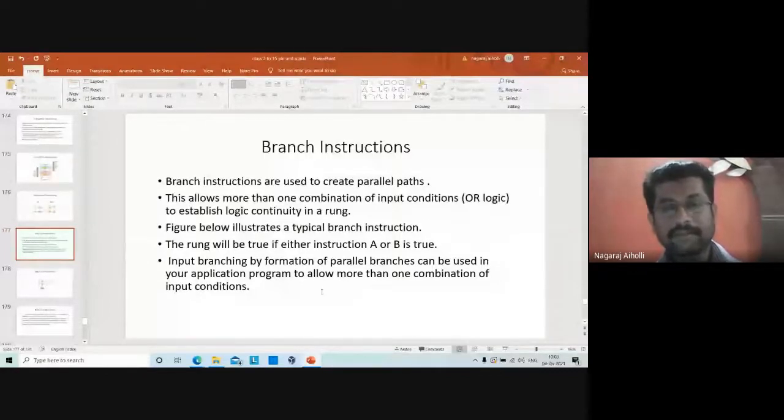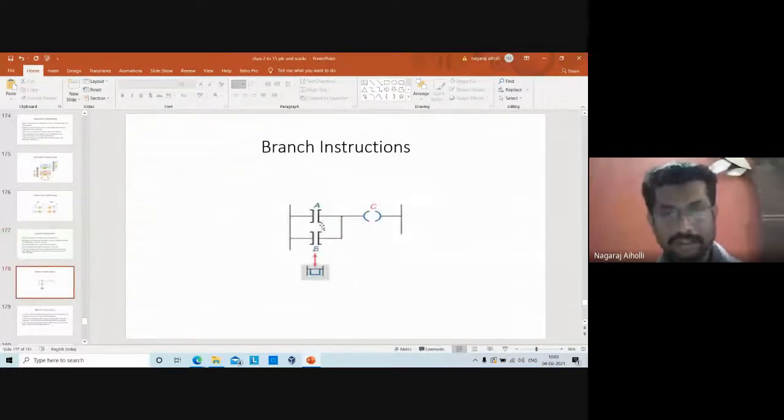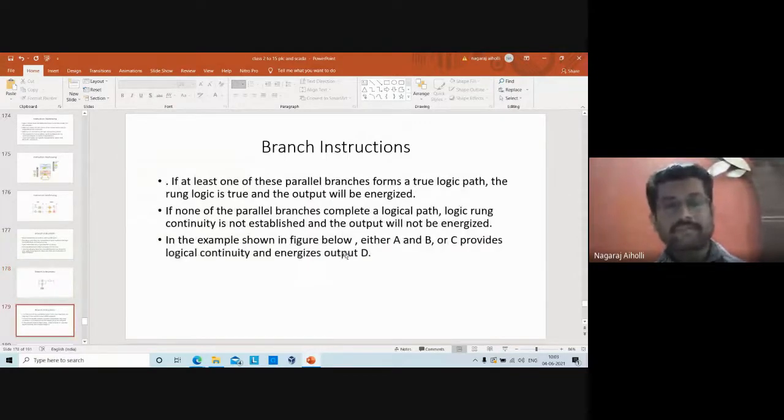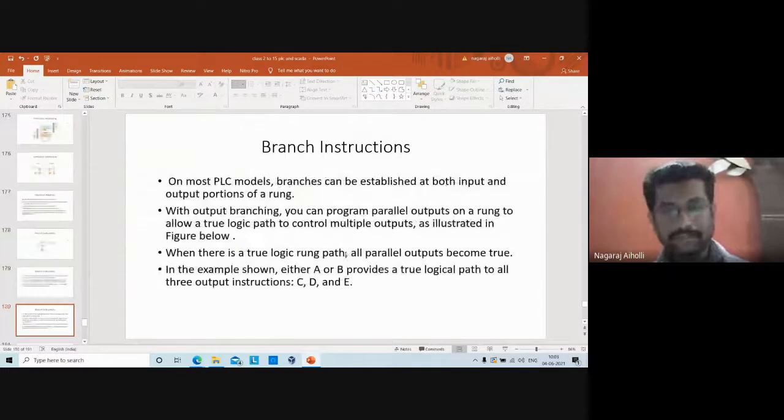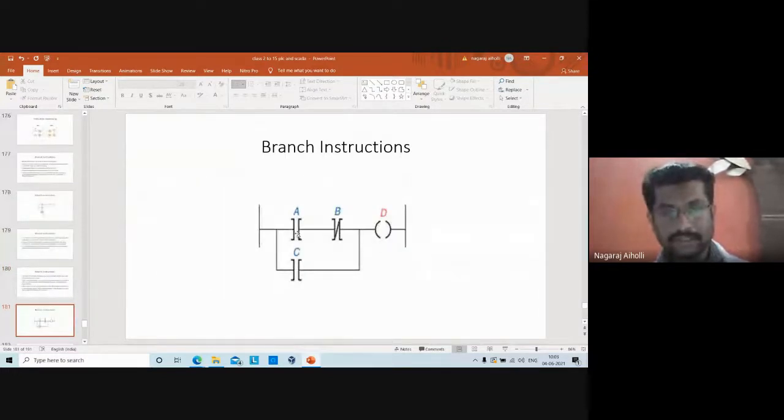So these parallel branches can be used in our application programs so that we can make any combination out of these input conditions. Out of these branch instructions, we can make 3 branches, 4 branches, or any other number of branches. Let us use a figure here. This is the contact A, this is the NOT of B, because there is a crossed mark here.